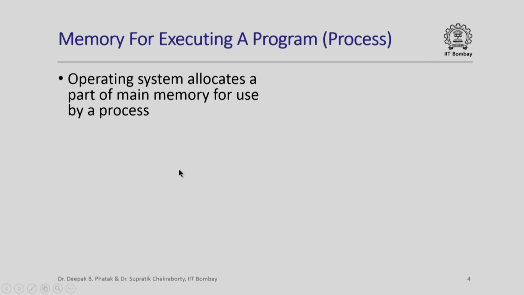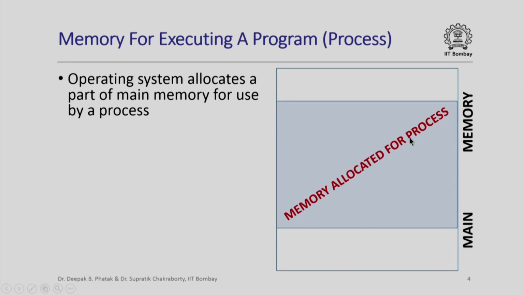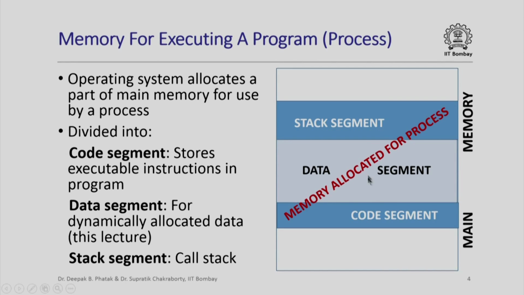using dynamic memory. Now, if you recall, we had said earlier in one of the previous lectures that when a program is executing, or in other words when a process is running, the operating system allocates a part of the main memory for use by the process. This might be the part of the memory allocated for the process. We had also seen that this memory is actually divided into three segments: the code segment, which stores the executable instructions; the stack segment, which basically stores the call stack and the activation records that are there in the call stack;